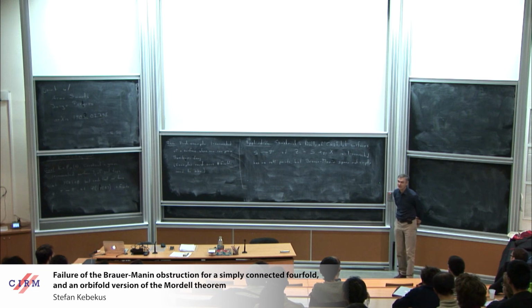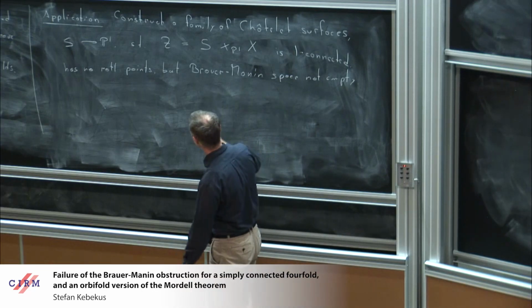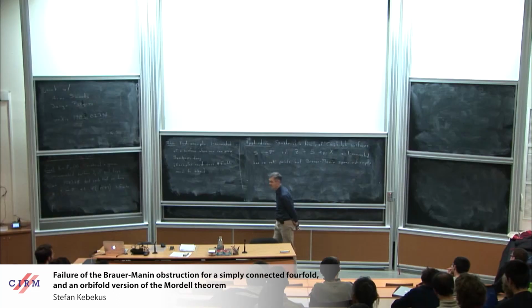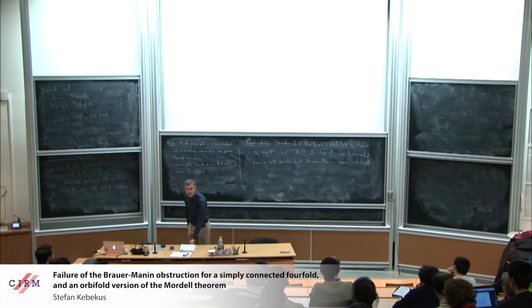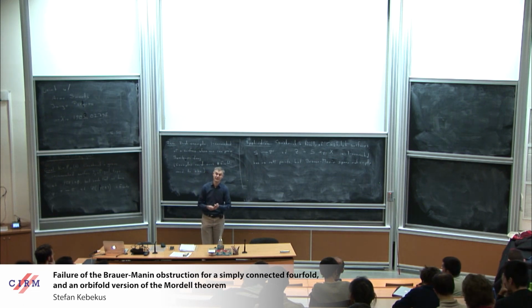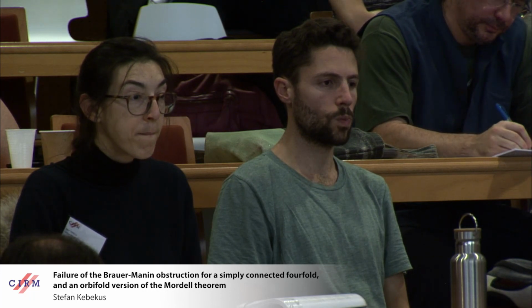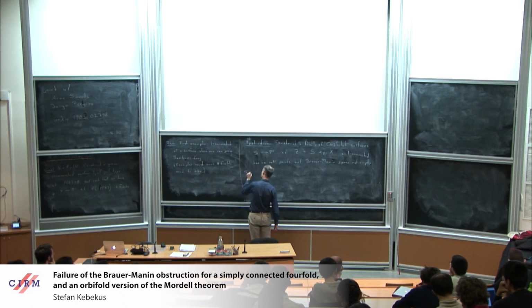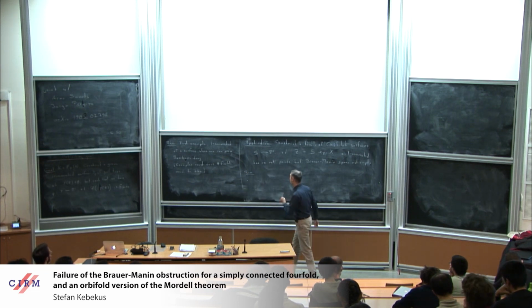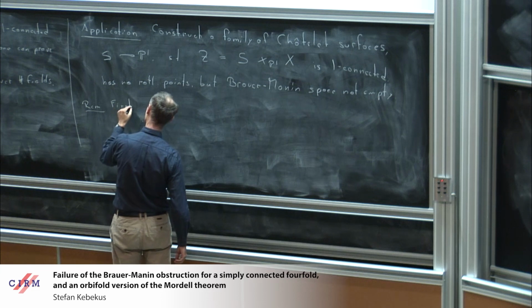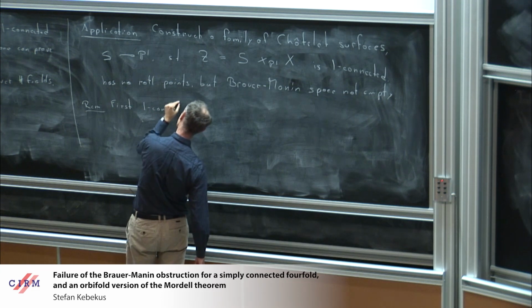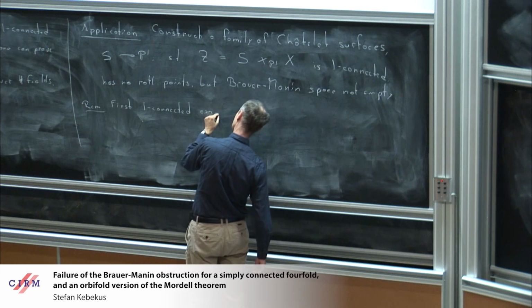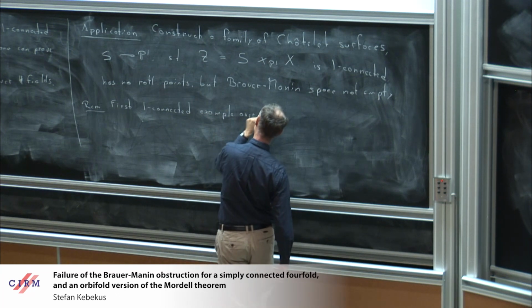Again, examples of spaces where you have no rational points but still a nonempty Brauer-Manin set were known previously, but none of them were simply connected. They were all variations of a construction of Poonen, and these were spaces fibered over a curve of general type. So again, I should remark, this might be the first simply connected example over a global field